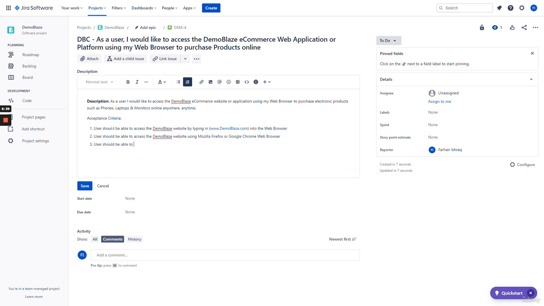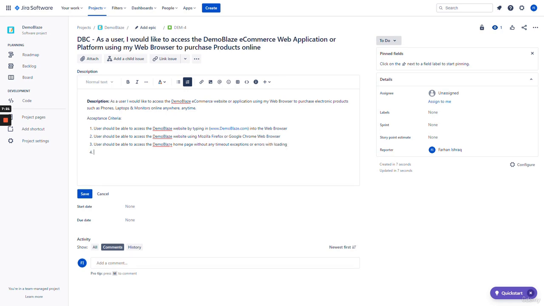Users should be able to access the Demo Blaze homepage without any timeout, exceptions, or errors with loading. Should be easy to navigate and user-friendly